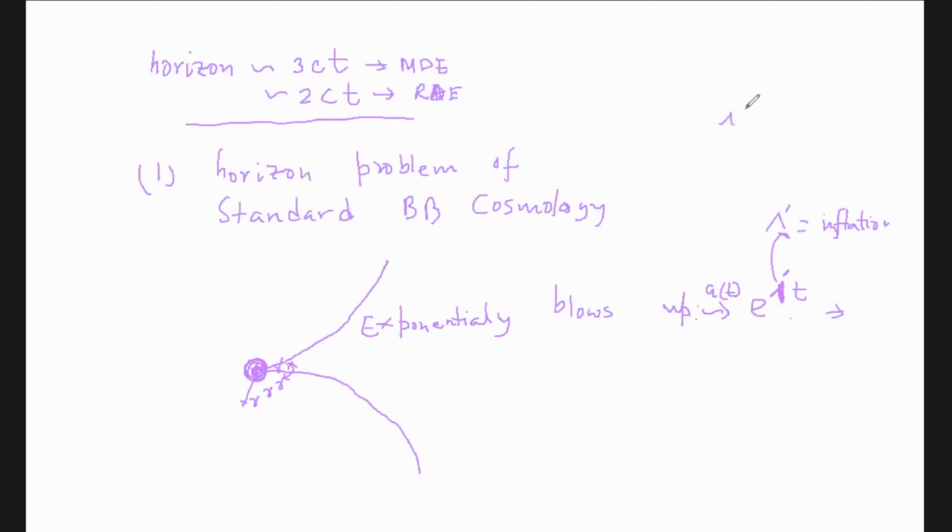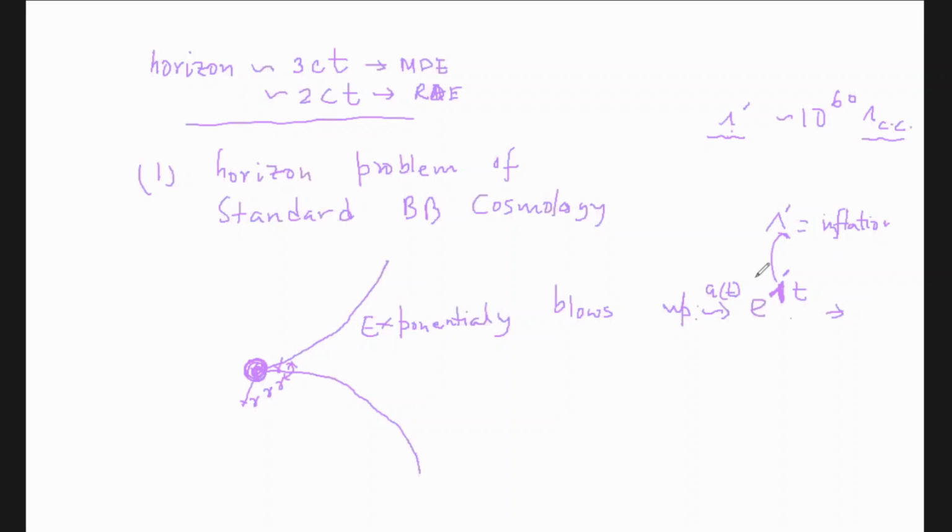Maybe the energy of lambda prime will be say 10 to the power 60 times, or even more than, the actual cosmological constant lambda, which is the late acceleration we have seen in the recent universe. But in the beginning the acceleration was way more powerful than this lambda cosmological constant, and you can see this lambda comes as the power of the exponential. So if the value of lambda is much higher, the expansion will also be much faster because of e to the power lambda t. Is that clear?